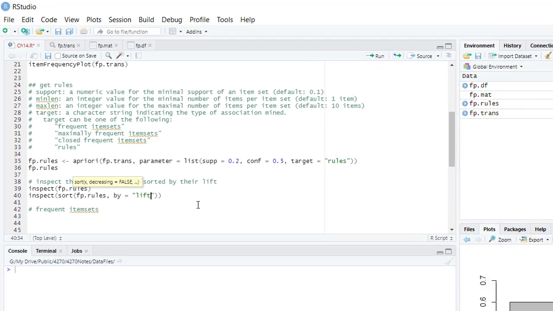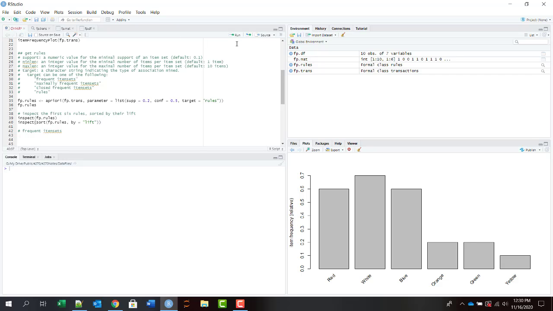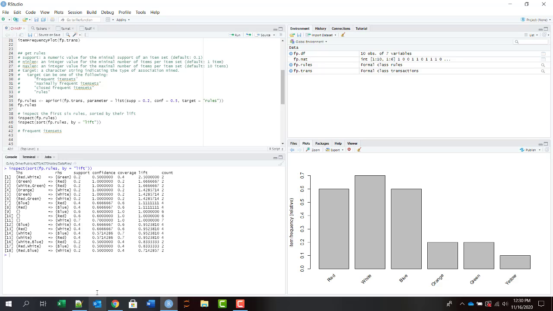So now first the FP rules will be sorted by lift,